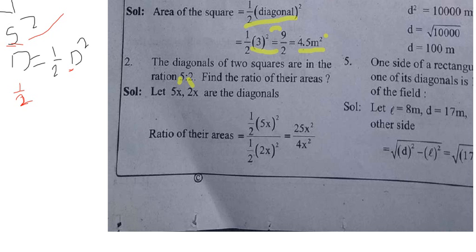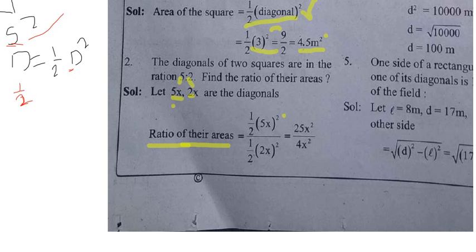What are they asking? Area ratios. Before going to that, we have to find the individual areas. Just now we found that when they give the diagonal, the formula for finding the area is half into diagonal square. So that is half into diagonal, that is 5x whole square. They directly went for the ratio. Otherwise you can find this first, then the other, and after completing the individuals you can divide and you will get